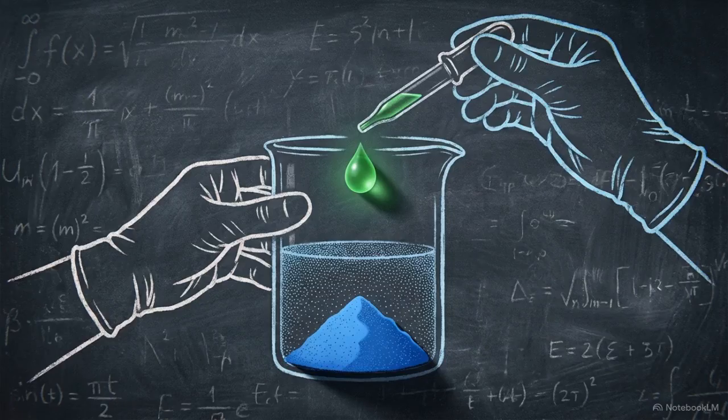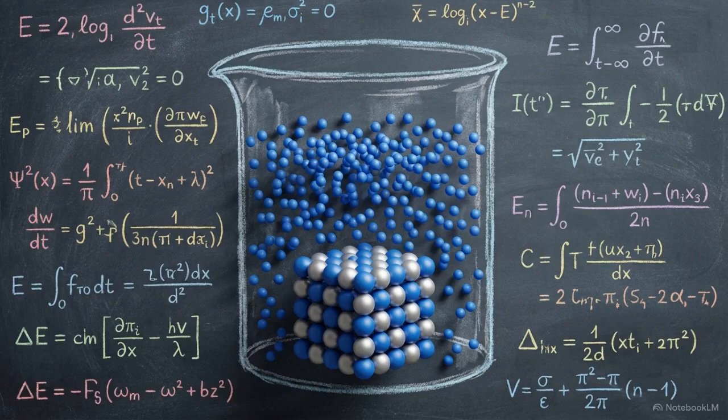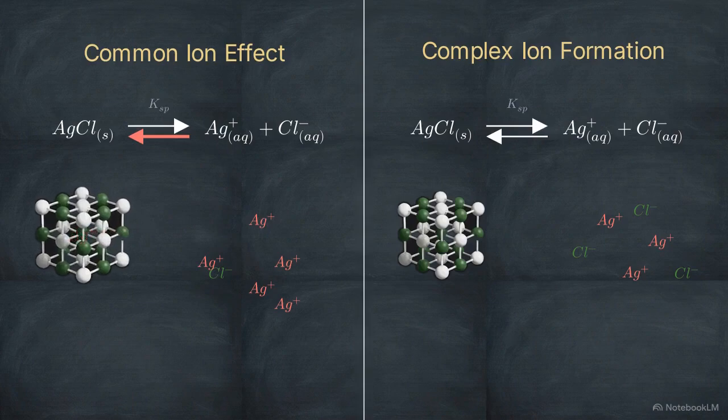While the KSP threshold is fixed, we can artificially dictate how much solid dissolves by exploiting Le Chatelier's principle to manipulate the equilibrium state. The most direct method is the common ion effect. This occurs when a solid is dropped into a solution that already contains a high concentration of one of its constituent ions. Look at the left side of this split screen. The pre-existing concentration floods the product side of the reaction. To maintain the KSP budget, the reaction shifts heavily to the left, drastically reducing the molar solubility and forcing the solid to remain